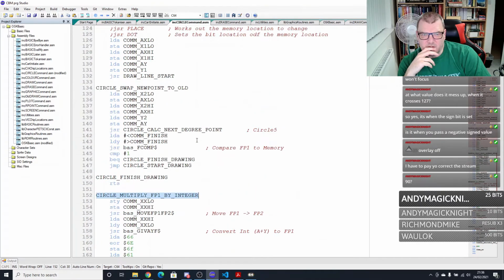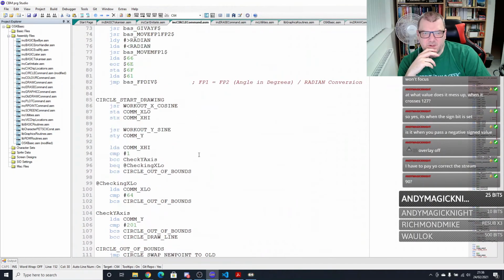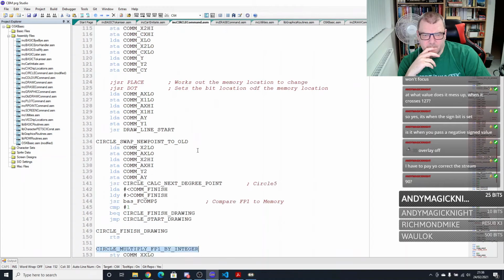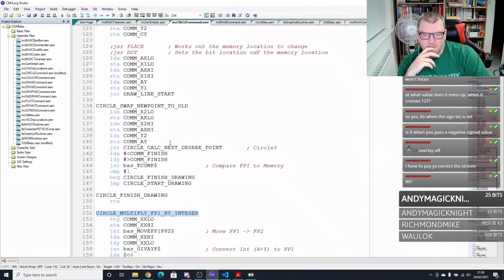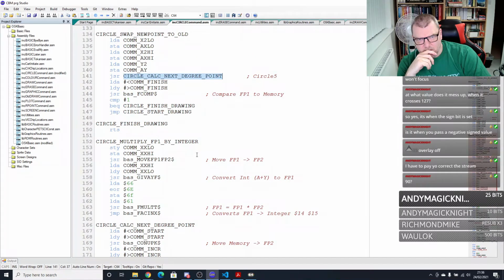Then we multiply it. Right, okay. Let's get back up here. Calculate next degree point, which is that. We test